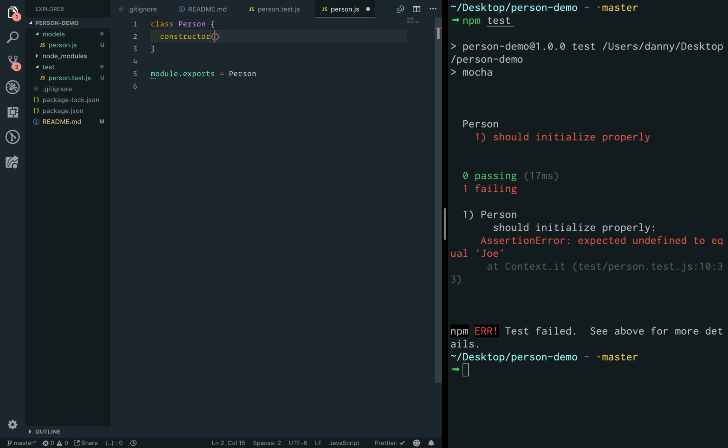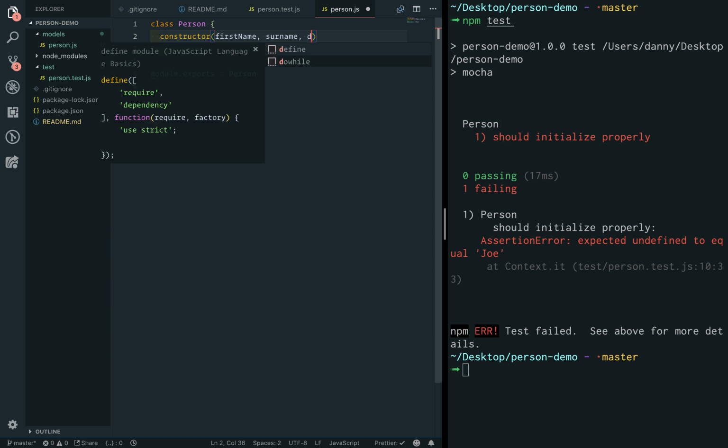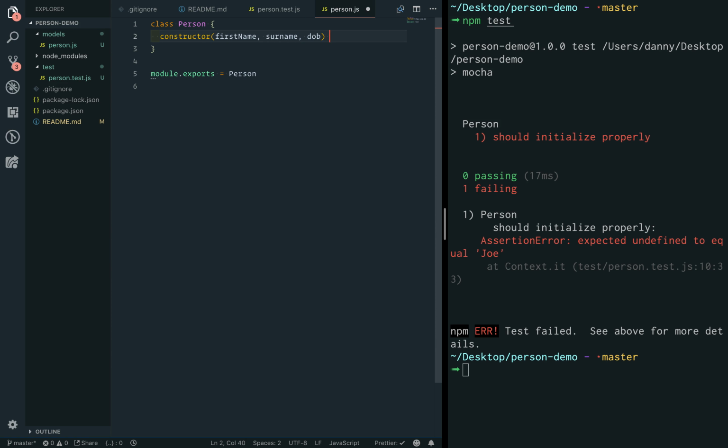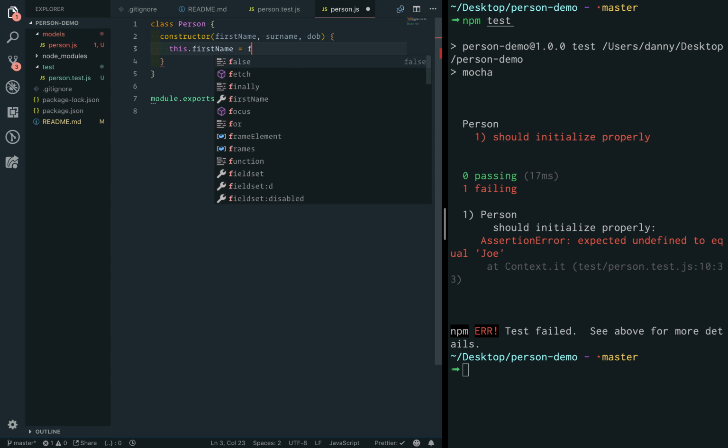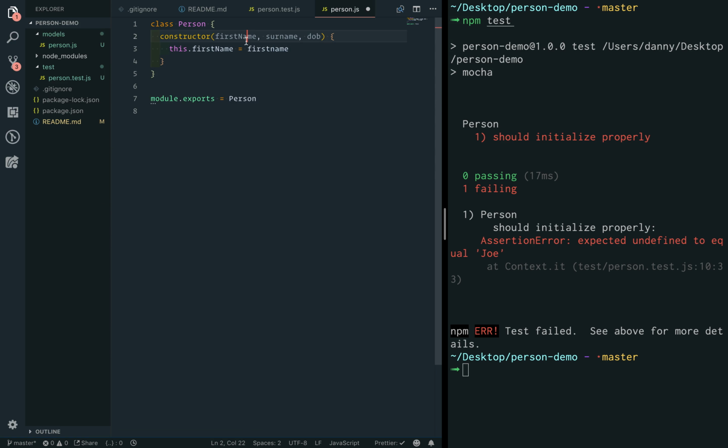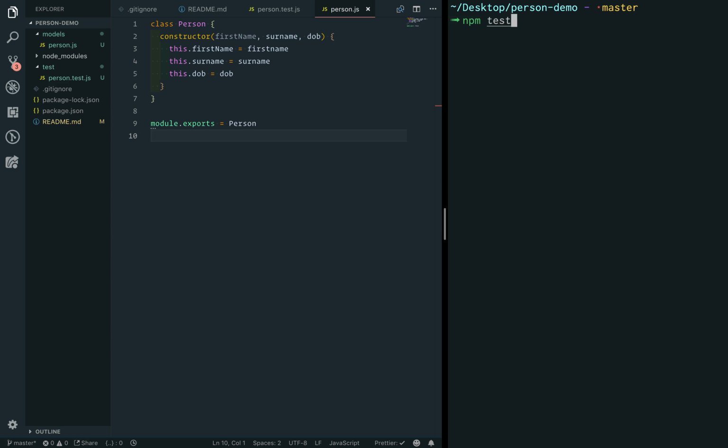We know that we want this to take 3 things: a first name, a surname, and a date of birth. Then what we want to do in here is assign each of these to a property on the current object. We can get the current object with this. So if we say this.firstname equals first name, and then duplicate that a couple of times and do the same for surname and date of birth, hopefully, if we run these tests,